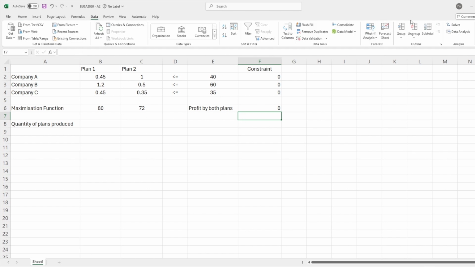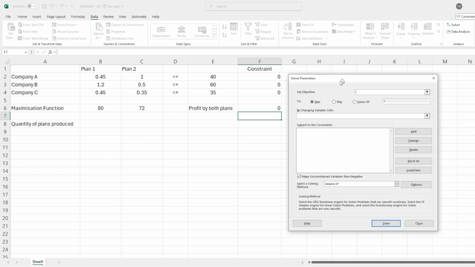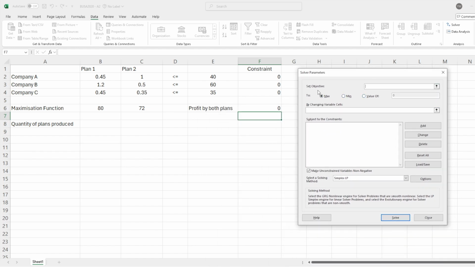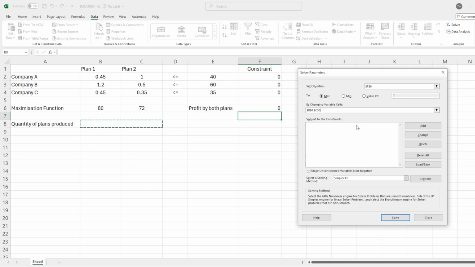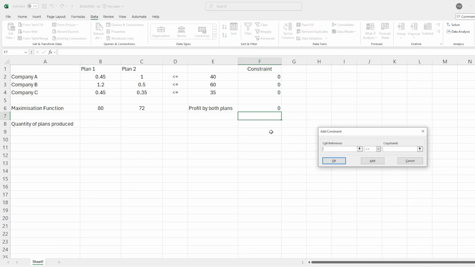To do that, we would use Excel Solver in here, and here are the conditions that we need to fill in. The objective is our profit, so this cell here, F6, and the cells that we need to be changing are our quantity of plans to be produced. So these cells here, and then subject to constraints, we just add the constraints that we did here. We add our cell references, these ones, and since they're all less than or equal to, we just keep that symbol there, and our constraints would be the ones here,